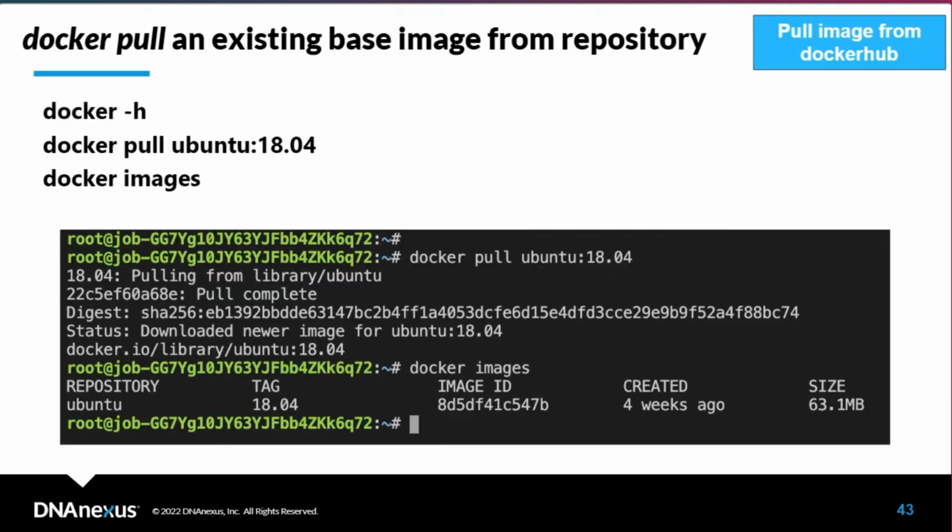All right, so let's apply some commands. Again, we are working with TTYD, and what is great for TTYD, Docker is actually part of the TTYD cloud-based worker, so there's no need to install it. It's already there, so you can directly use it. And you can test if it's working properly by running docker -h, which will show you help and all the commands